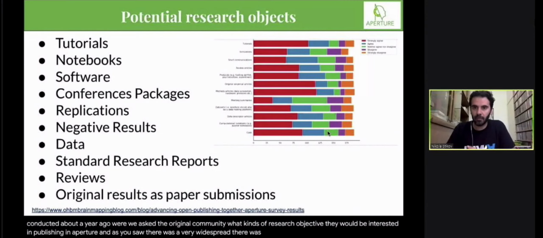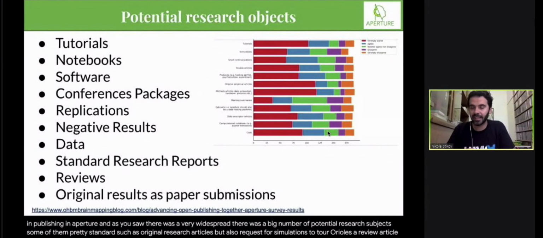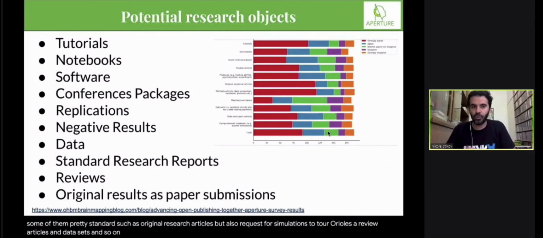There was a big number of potential research objects, some of them pretty standard, such as original research articles, but also requests for simulations, tutorials, review articles, data sets, and so on. What you see on the left as bullet points are the actual categories in the Aperture submission form. And there is a pretty close match with the results from the survey.